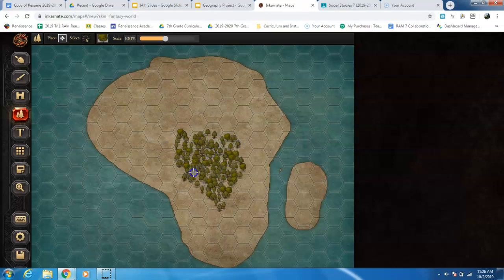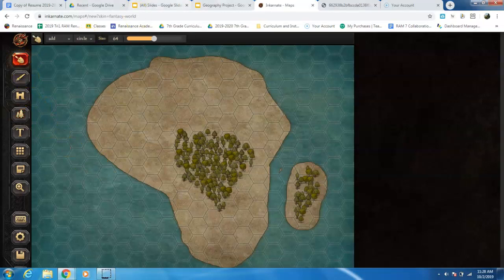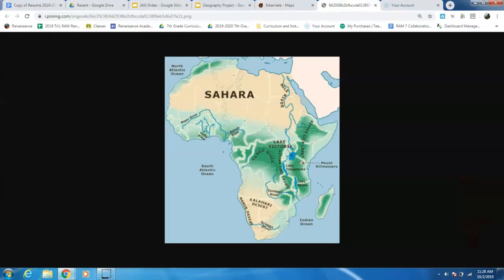Perfect. I mean, the more you add, the better. That way you really get that jungly look. I know Madagascar is mostly jungle, based on my research, so I'm going to fill in jungle right there. Now you're probably going to want a picture or a map of Africa open or your continent open as you do this. I have mine right here. So I have my Congo, that is the actual place that I just made with all of those trees. It's the Congo